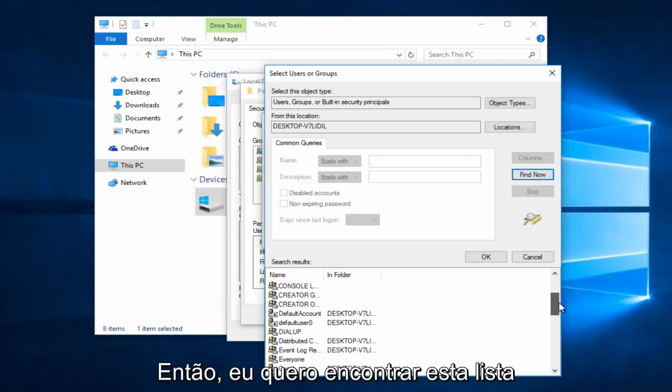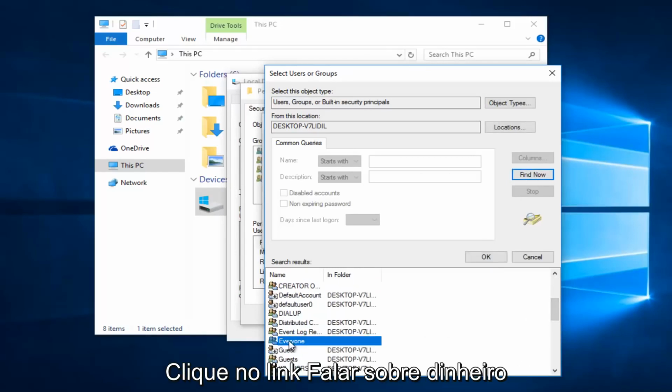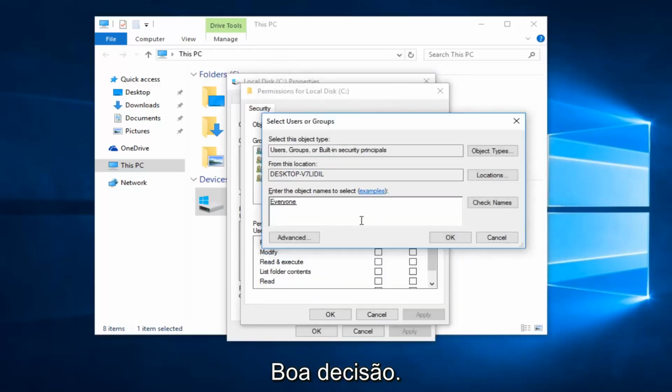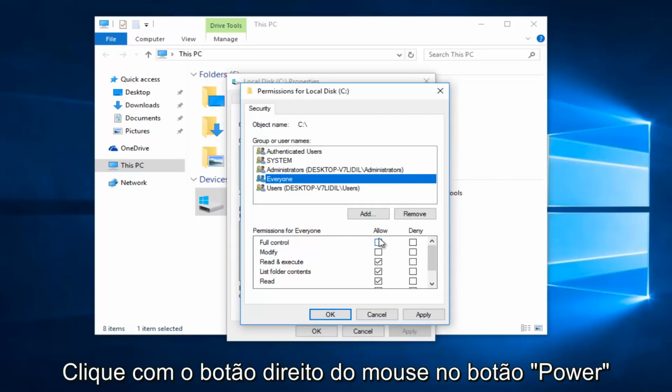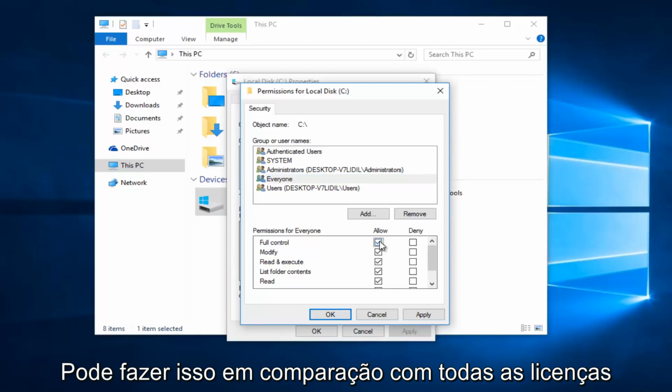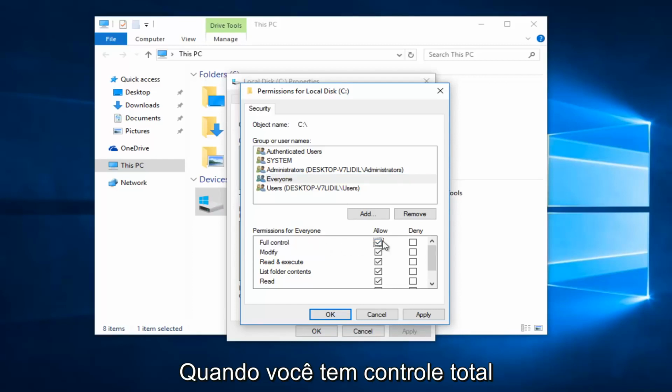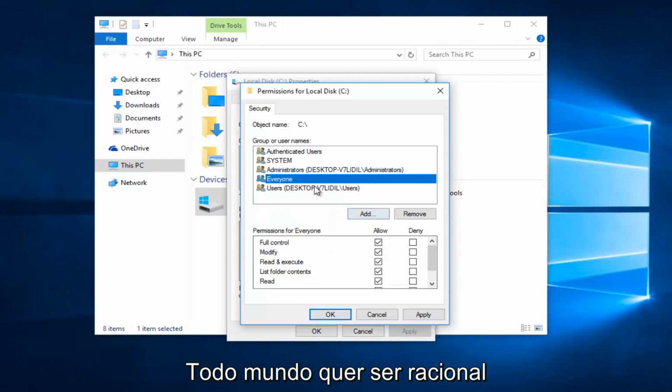Alright, so you want to scroll down this list until you get to the entry that says Everyone. So left click on that, and then left click on OK. So now at this point click on OK. While we are underneath the Everyone object at the top here, you want to left click on the Allow button directly across from Full control. So you want everyone to have full control, if that makes sense. If you click on Everyone, everything should be checkboxed here by clicking on Full control.